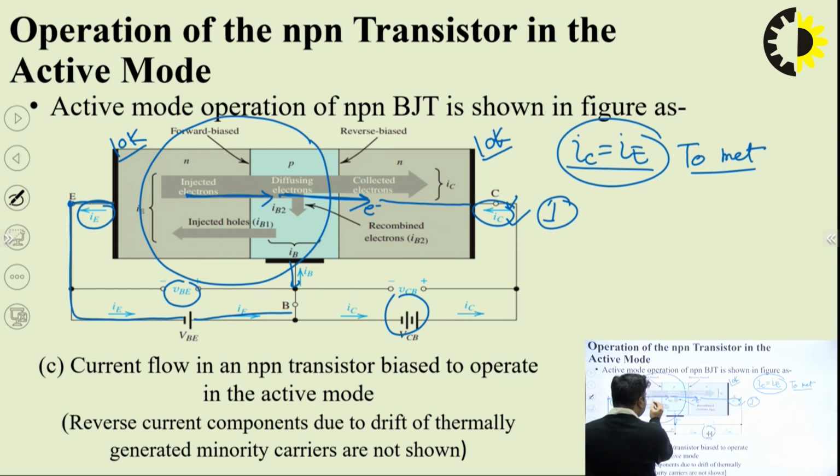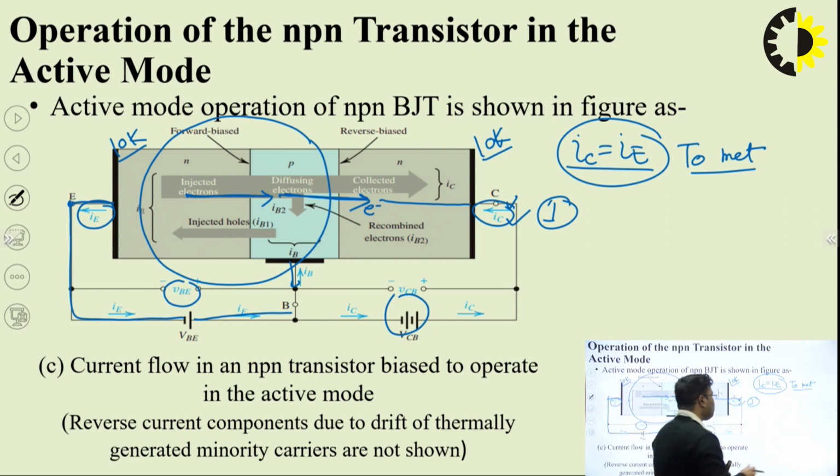The electrons injected in this P region will recombine with the holes. If there are 10k electrons injected into the base, and we have only 5 holes in the base, then only 5 electrons will be recombined. So electrons will be lost due to recombination in the base. So we need a very small number of holes in the p-type base region. To meet this requirement, we have to make the BJT such that doping of